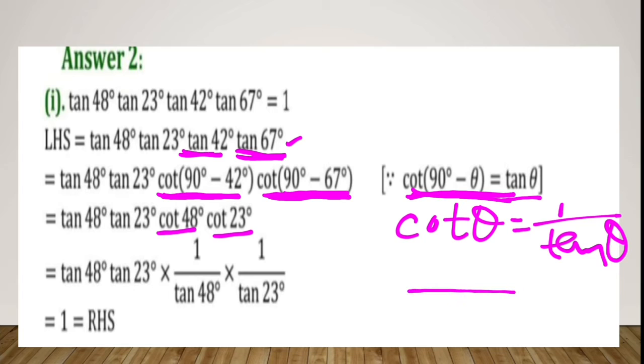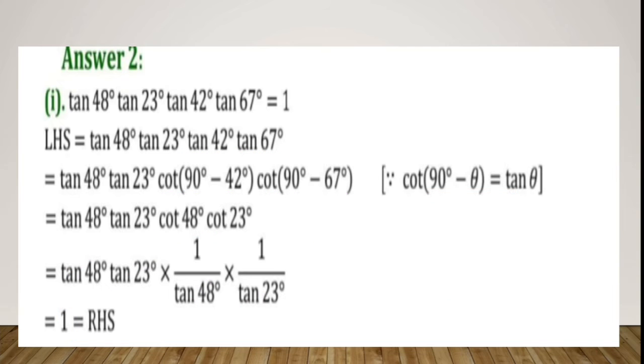Again I told you that cot is the reciprocal of tan theta. So in place of cot 48 you can write 1 by tan 48. Similarly in place of cot 23 you can write 1 by tan 23. So tan 48 and tan 48 will cancel each other, tan 23 will cancel each other, so the resulting value will be 1. Okay, because this is the multiplication. So in this way you have to solve part number 1. Now part number 2,